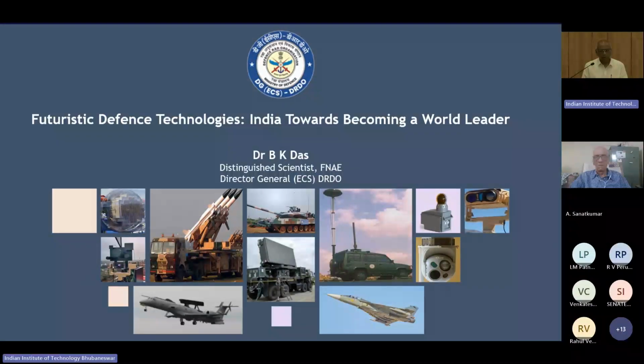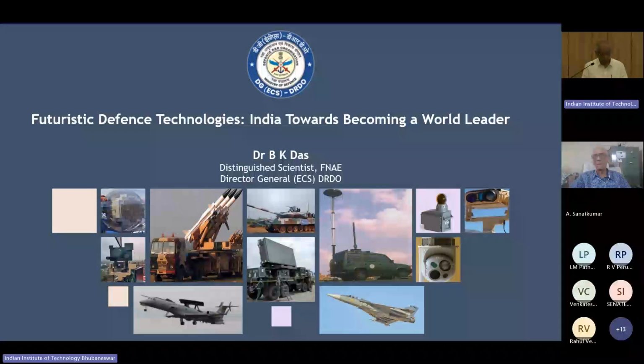The next one was given by Padma Shri Dr. Kota Harinarayan, former Vice Chancellor of University of Hyderabad, and he conceived the very concept of this light combat aircraft, and he was the chief designer and architect of this. And his talk was on application of AI in aircraft design.